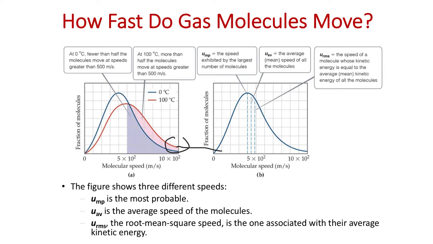Yeah, I'm not sure why, maybe we'll just talk after class, but I think you're just looking at the fraction of molecules. You get a lower fraction at 100 degrees C at the most probable point just because you're stretching out all the velocities.